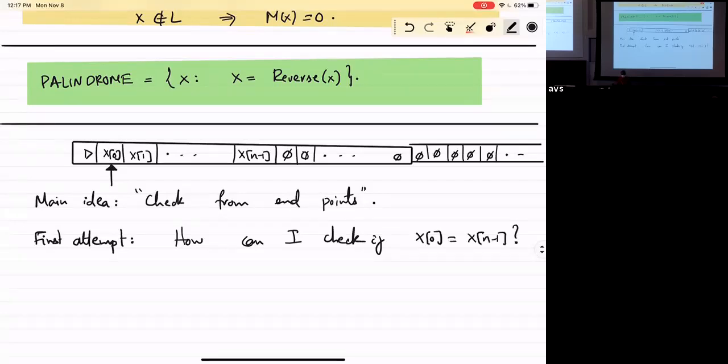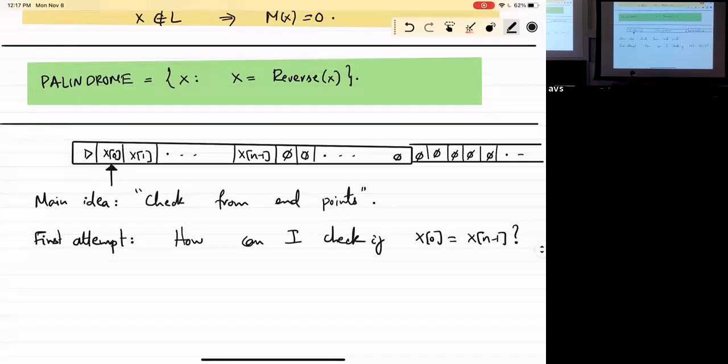The suggestion is, you read x0 and then start moving right until you reach the end. But then you have to remember what you saw already too, because if you forget it, then you're kind of stuck. So you keep going to the right until you see the end of the input.